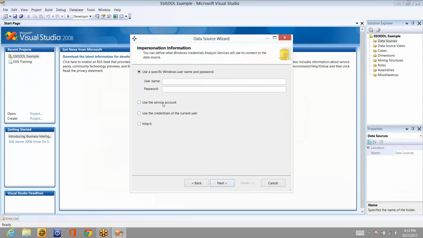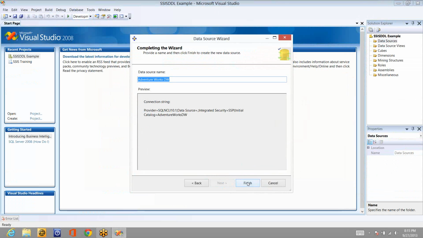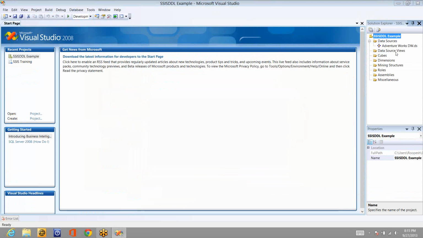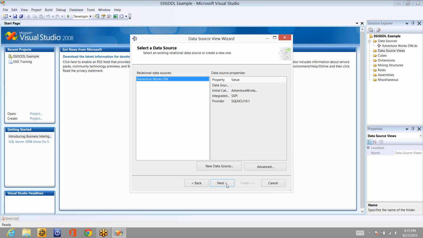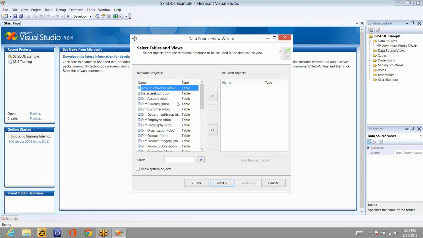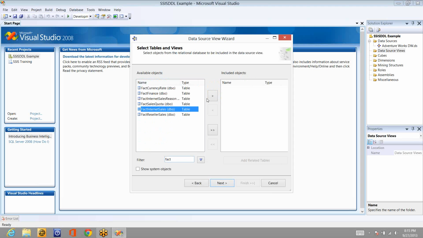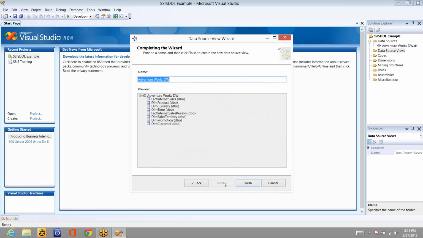So let me connect to AdventureWorks DW, and don't worry about these credentials and all. I'll explain them as part of the Analysis Services sessions. So click on next. I'll be creating a basic cube, Fact Internet Sales. Click next, finish,